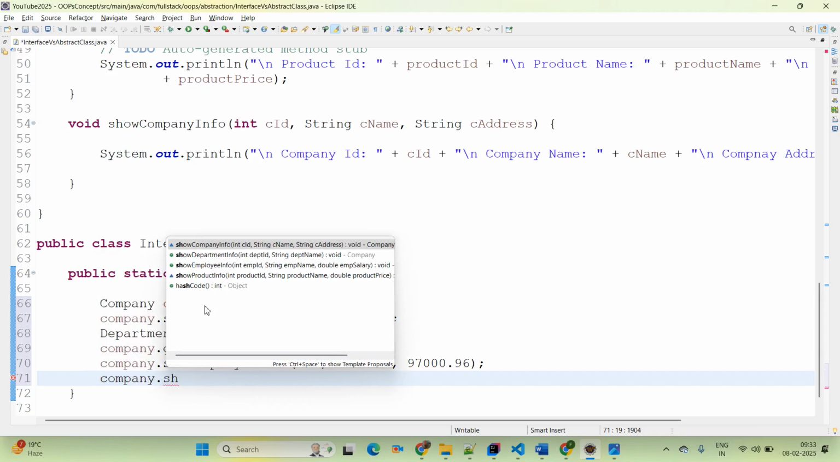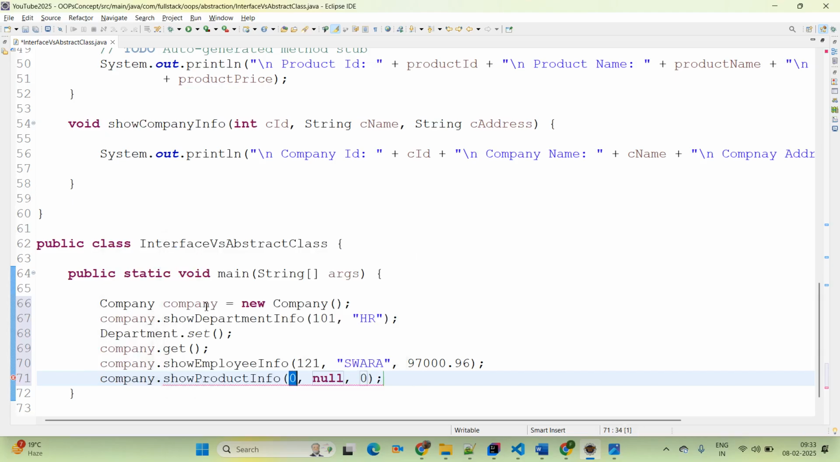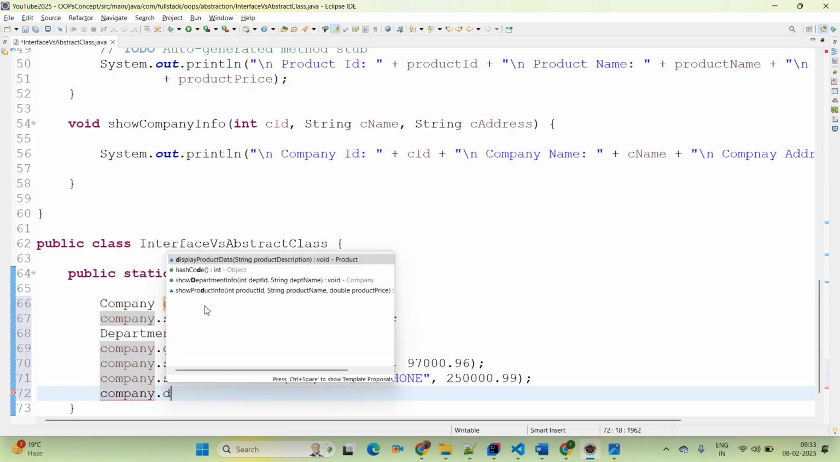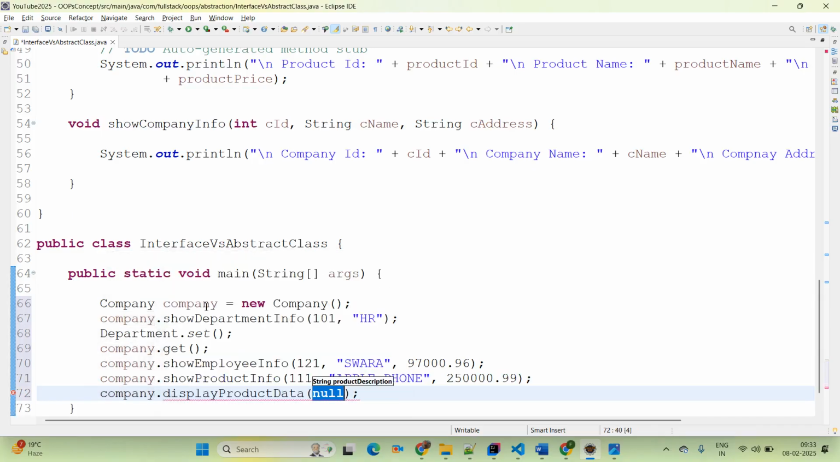Again coming to next, company dot show department. Which method is available there? Company info is available there, right? Product info is missing. We are going to add the product info here. Then company dot show product info. I am giving product ID as 111, the product is Apple phone, and the product price is 2,50,000.99. One more method we have available, company dot display product data, and there we are giving smartphone